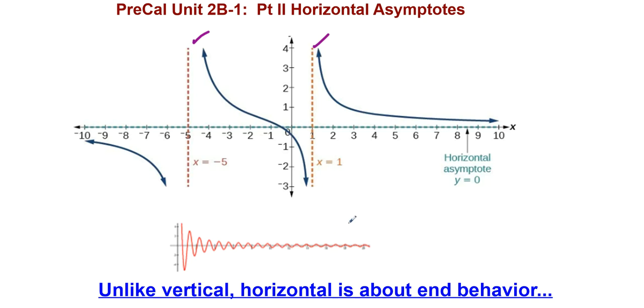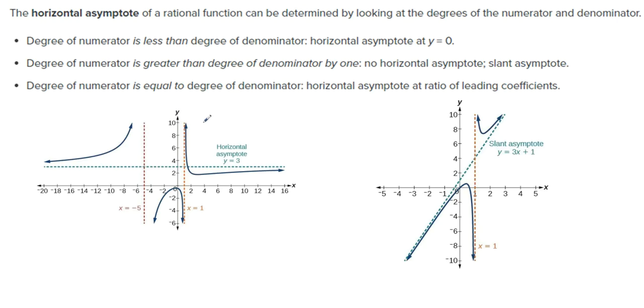We're now going to look at the end behaviors of what's going on with the graph. As you can see, as x approaches infinity, y is going to approach 0. And the same thing, as x approaches negative infinity, y will also approach 0. That makes that a horizontal asymptote. So identifying horizontal asymptotes, we're going to take a look at the rational function and see what's going on with